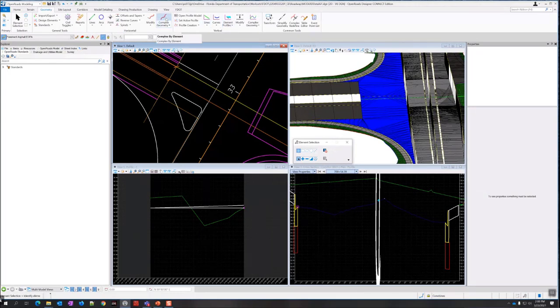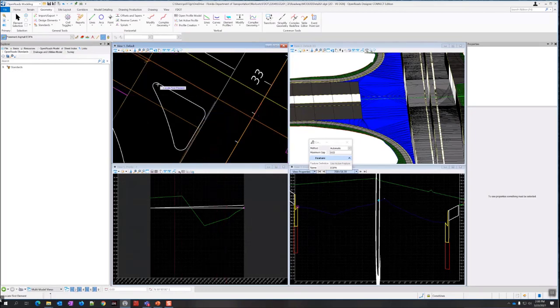So for complex geometry, I'm just going to click the tool, run it again. So manual may be better. Automatic, just sometimes it forks a lot. Notice how when you select it, it does change the arrow depending on which end of the element you select. So I'm trying to go around it this way.